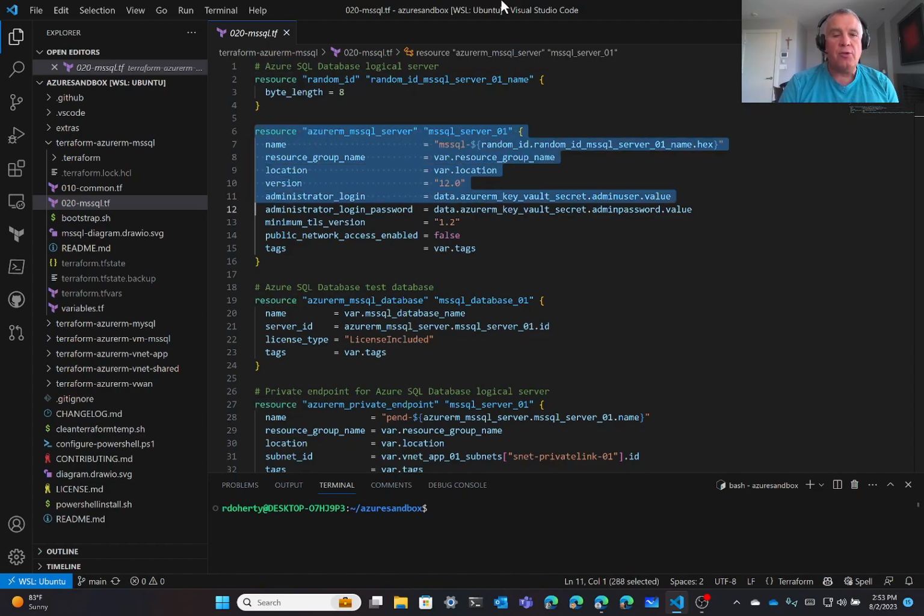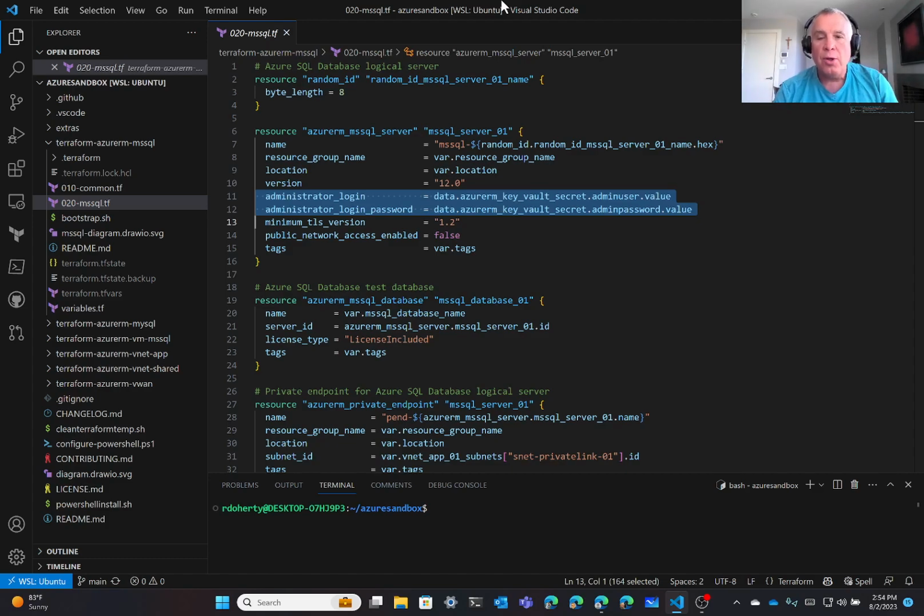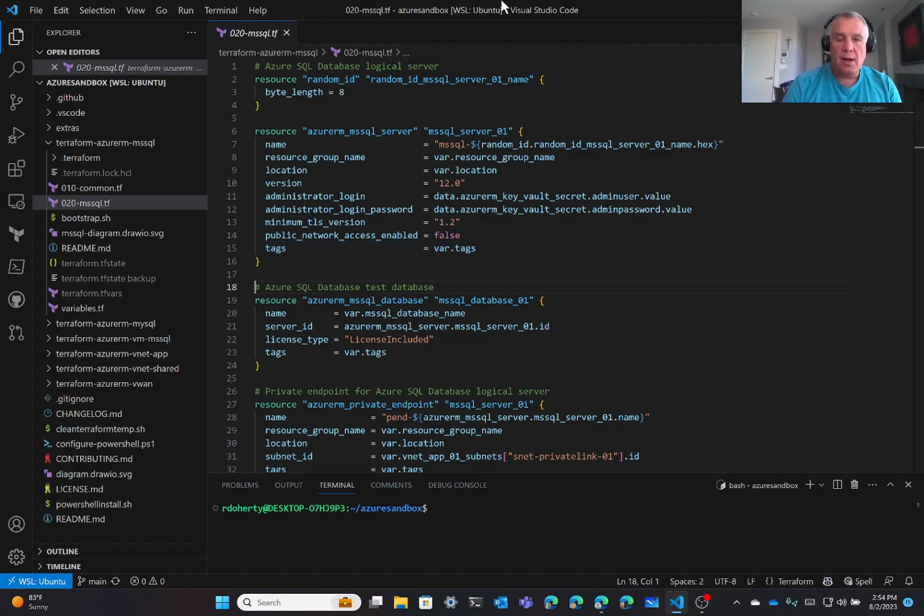And then this next resource is the Azure SQL Database logical server. So pretty straightforward. You give it a name. You define the resource group and the region, the version, and then the value that you want to use for your administrator login and password, which we're getting from Key Vault. The minimum TLS version supported by the server, whether or not you want to enable public network access, and then you can apply some tags as well. So that's pretty straightforward for the Azure SQL Database